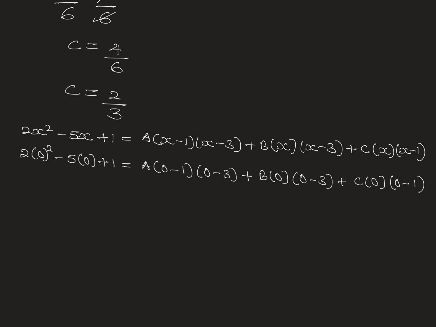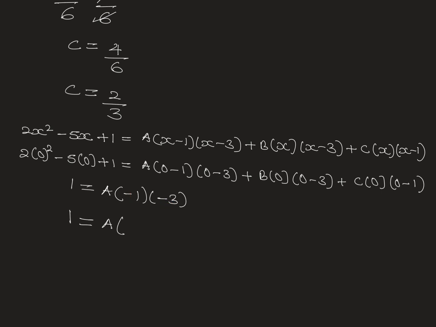So 2 times 0 squared, that is automatically 0. Minus 5 times 0 is 0. So we are only left with plus 1 here. So it means that is going to be 1 is equal to a into 0 minus 1 is minus 1. 0 minus 3 is minus 3. So because we have 0 here, this will automatically be 0. We can forget it. Now this is going to be 1 is equal to a into minus 1 times minus